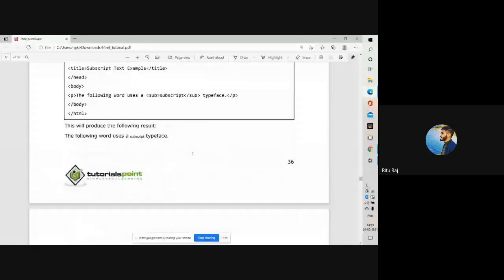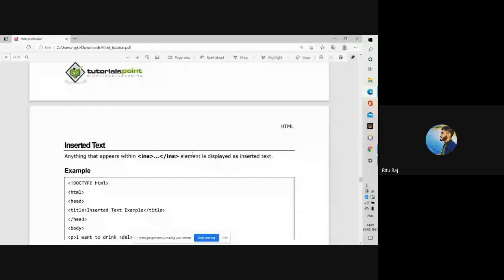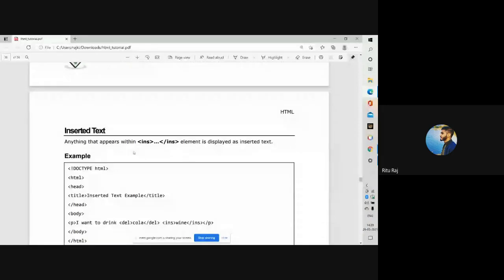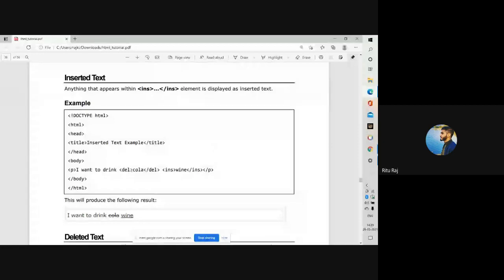Now inserted text. Anything that appears within the inserted text element is displayed as inserted text. Here it is, cola, the text written here. So when you use this inserted tag, it displays as inserted text.